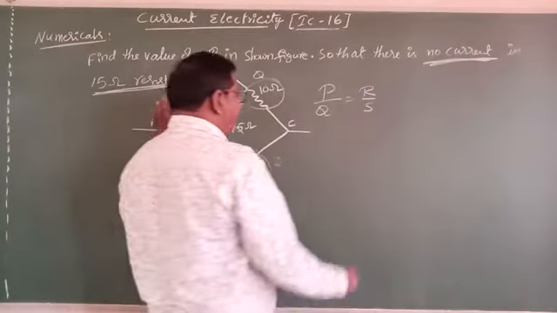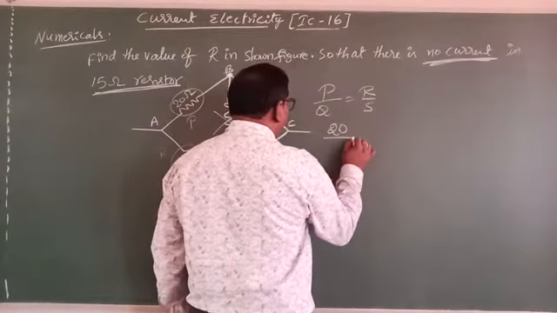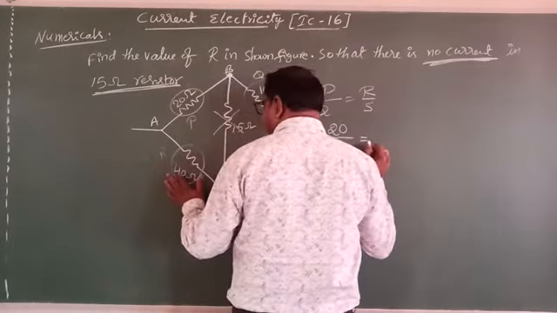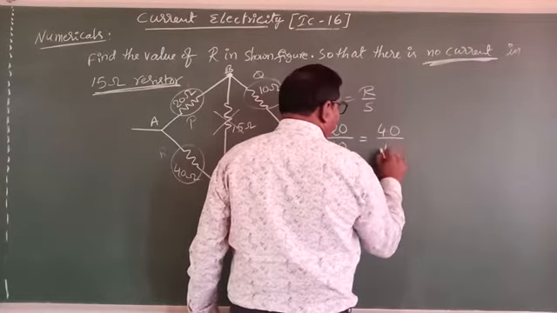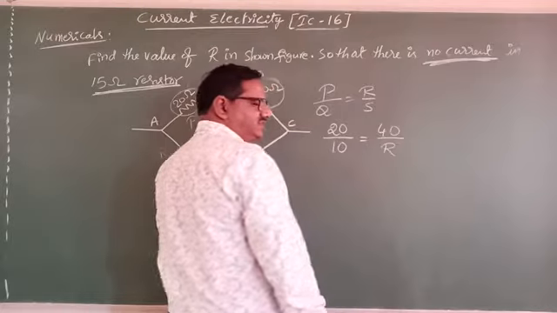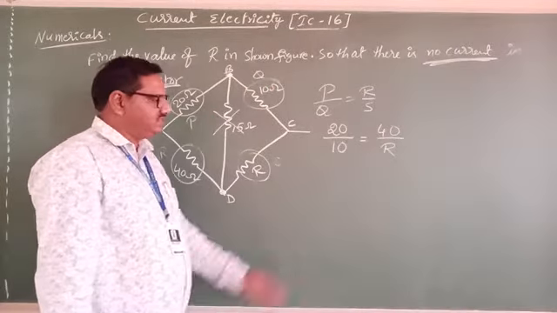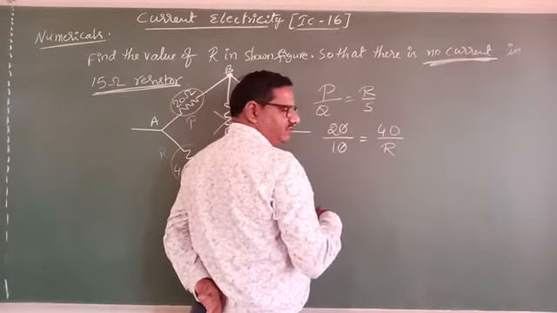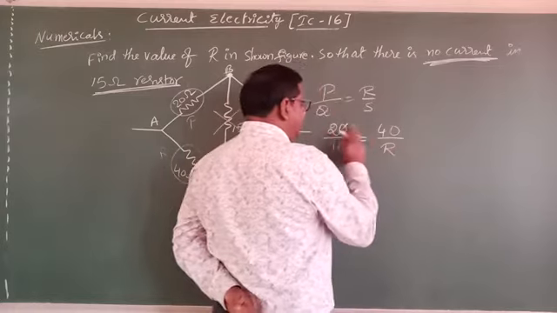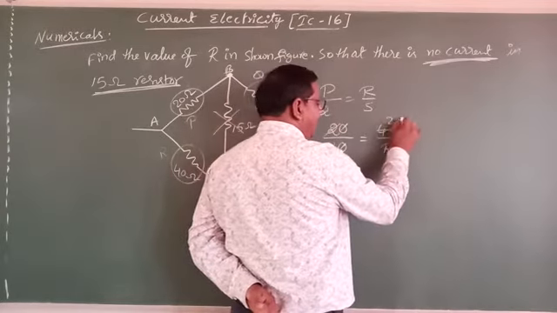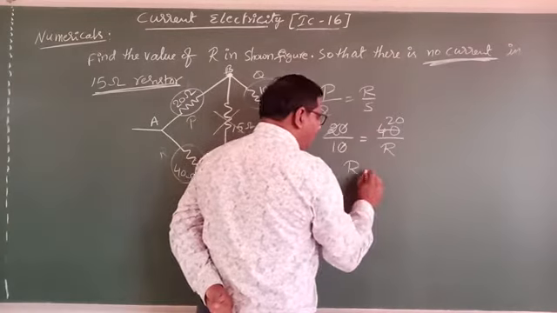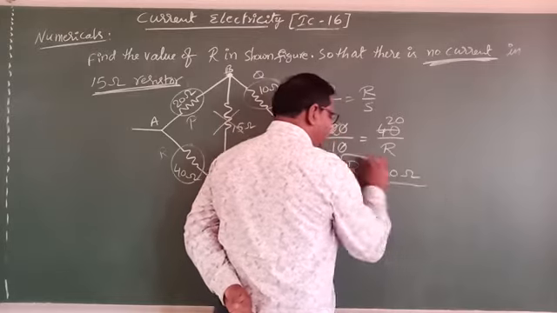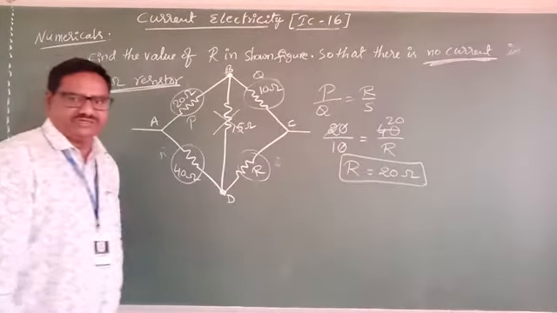What is the value of P? It is nothing but 20. What is the value of Q? It is 10. That equals to. Here, what is the value of R? 40. What is the value of S? It is nothing but the measurable resistance. What we want to measure, that resistance, it is R. Okay. Now, 10 and 10 cancel. Now R we take that side and 20 times. Say yes or no? Now R equals, what can you write? Nothing but 20 ohms. How much is the R value? It is nothing but 20 ohms.